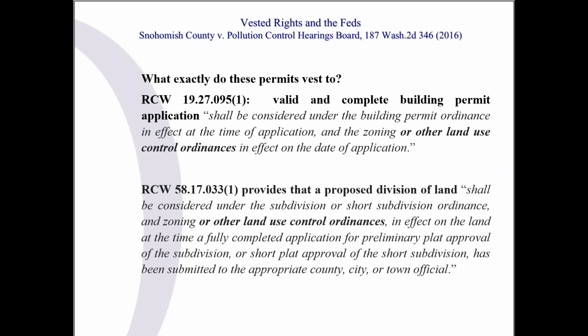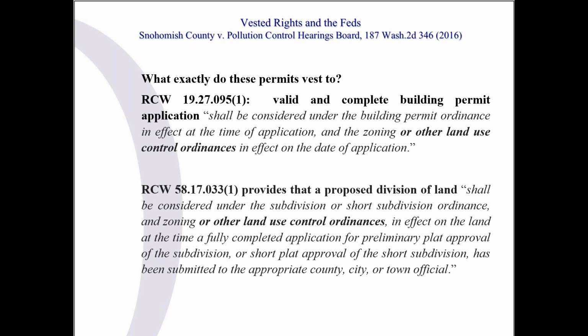19.27.095 applies to building permits and basically says that a valid and complete building permit application shall be considered under the building permit ordinance in effect at the time of the application and the zoning or other land use control ordinances in effect on the date of the application. For the subdivisions, 58.17.033 provides that a proposed division of land shall be considered under the subdivision or short subdivision ordinance, and zoning or other land use control ordinances in effect when you've got your complete application for your